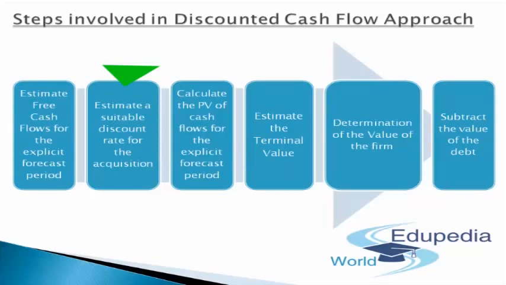If I have to provide you the formula, the concept with which you can derive a suitable discount rate, that will be simply KO. KO means the cost of overall capital. It's equal to KE, the cost of equity, into the weight it has: the market value of equity divided by the total market value of the firm, plus the cost of preference share capital into the preference share capital's market value divided by the overall market value of the firm, plus the cost of debt.